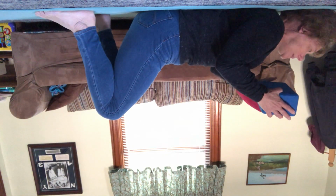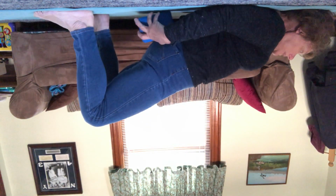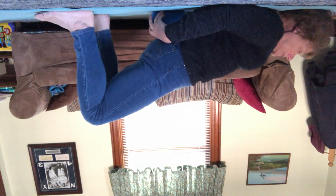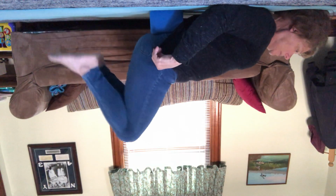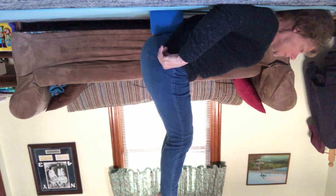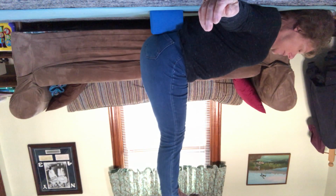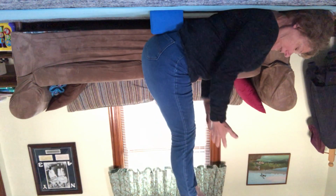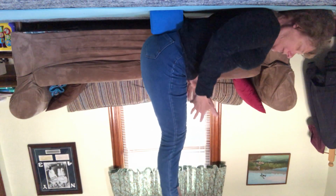Now, I'm going to take my block and put it at its lowest level. Or maybe I have a pillow underneath, or some kind of a rolled up towel or something. Placing this still under the sacrum, a little tiny bit farther down, I'm going to move into what we call a supported shoulder stand. Still a nice chest opener, nice elevation of those legs, allowing the fluids to flow down